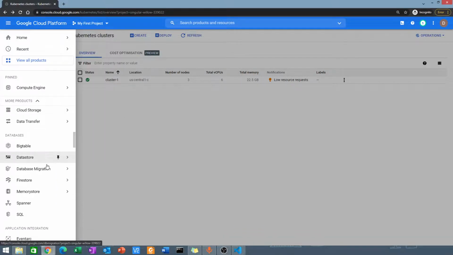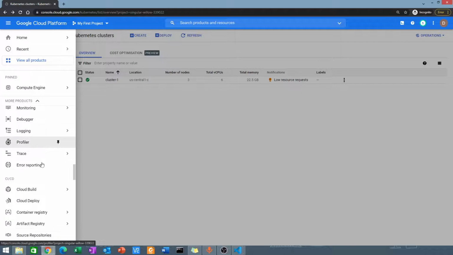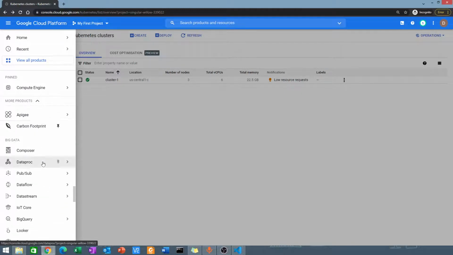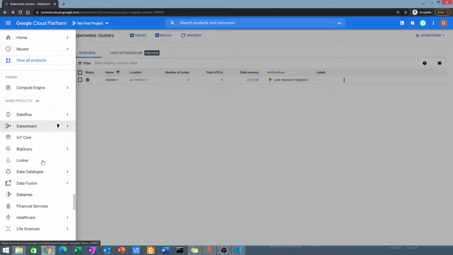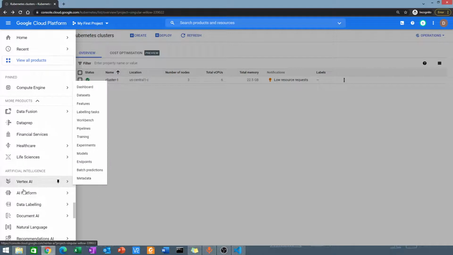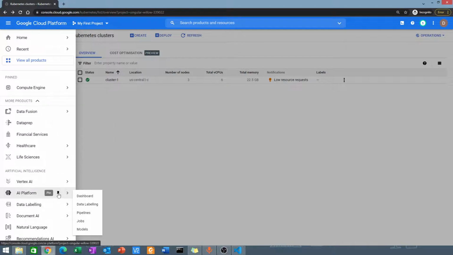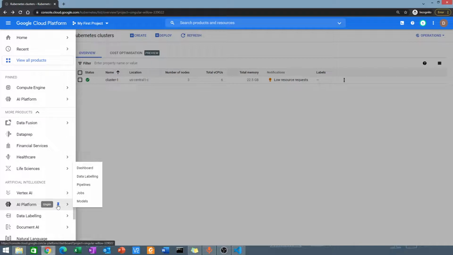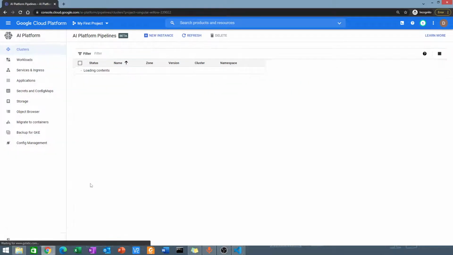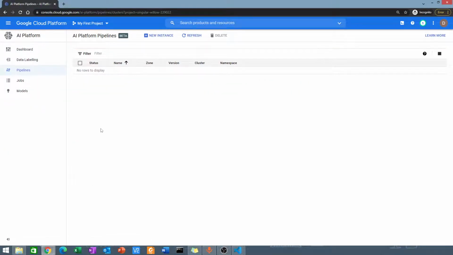the Kubeflow. So to set up Kubeflow, we have to go all the way down to artificial intelligence and then AI platform. So I'm just going to pin this to the top. Artificial intelligence, then we have dashboards, data labeling, pipelines. We go to pipelines, right? And then it says AI platform pipeline. So we go to new instance,